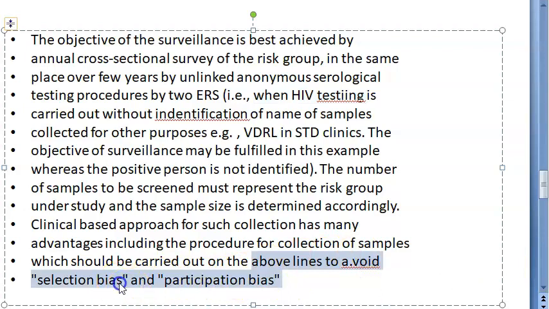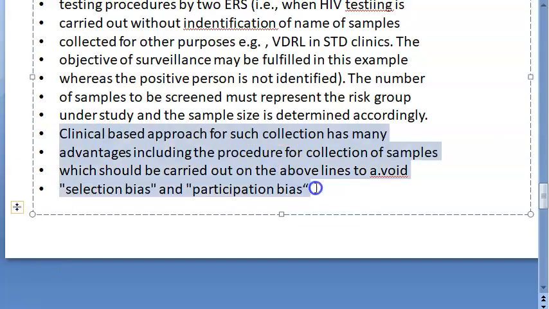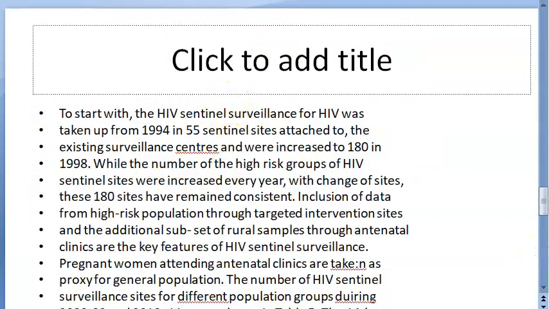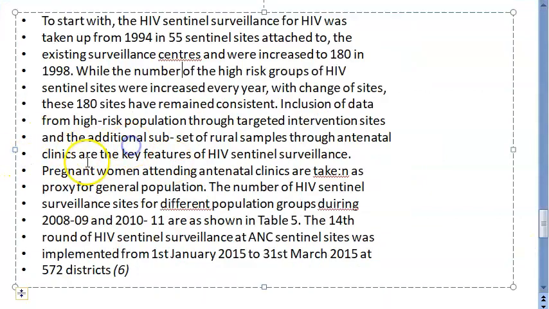out in such a way that there will be no selection bias or participation bias. So obviously you want to remove all the biases, right? So look at this, the lab guy would have got a lot of blood samples. Just check all of them for HIV kind of a thing, right? So basically there is no bias here. He doesn't know who it is. His job is just to identify the sample which has HIV virus. Same thing they're explaining again and again.